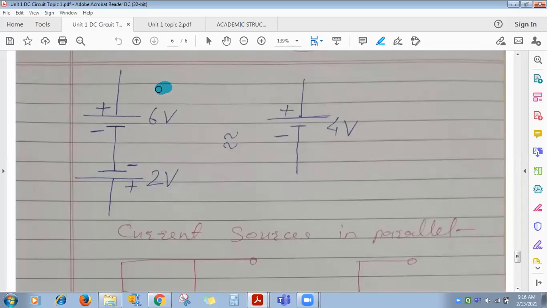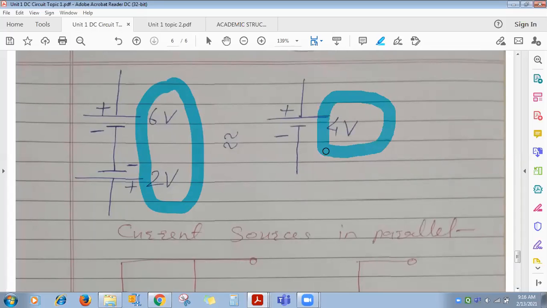Then in that case, what do you have to do? Subtract. And 6 minus 2, what will it be? 4 volt. And what about the polarity? Yes, polarity, who can tell how to mark? Why here is the upper one positive for 4 volt and why is the lower one negative? Why not reverse? Who can tell?